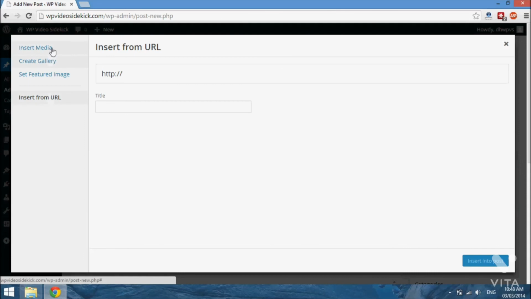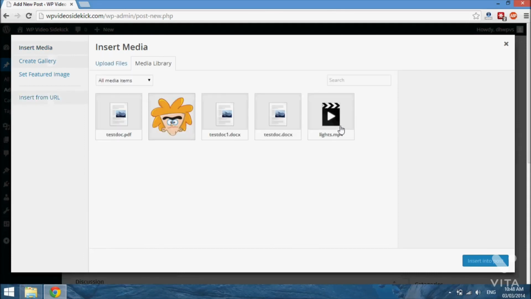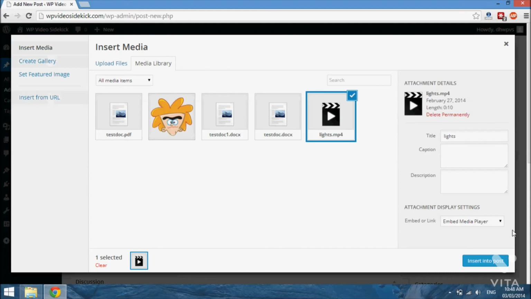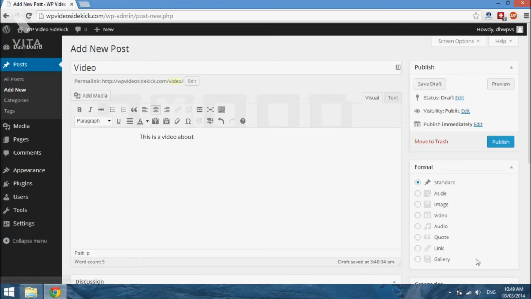But let's go back, and since we have this video here, we have the option on the right here that says embed media player or link to media file. Now, if you link to media file, what you probably want to do is put an image, and then that image would link to the actual video. But we're just going to embed media file, select insert,